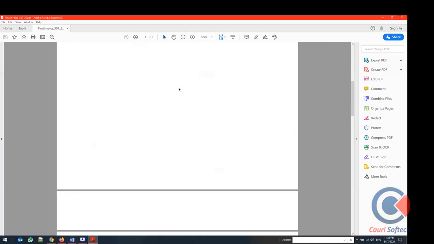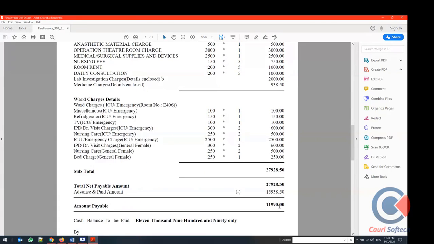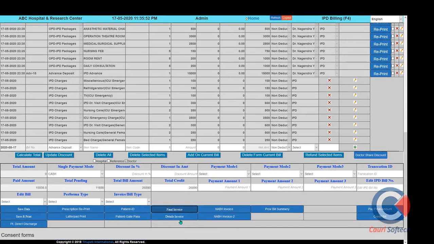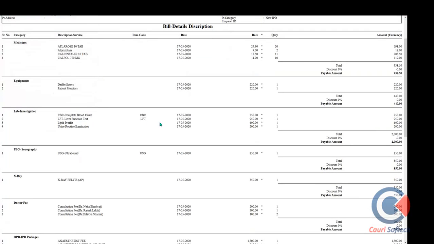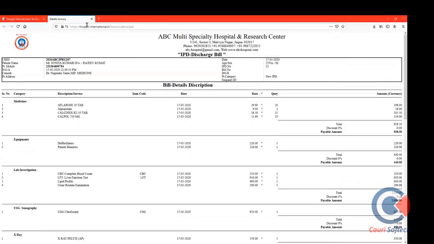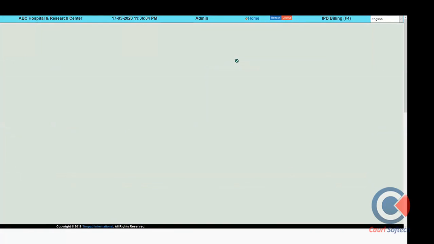You can see here all the details of the patient services, particular itemized code detail and total bill amount, and all the details of the previous paid amount are coming here. If the patient requests a detailed bill for all services, we can click on the detail services. So all detail services category wise, date wise, services wise, you can get the same detail information and previous paid amount information. All the detail can be accessed. This is the type of different billing format. So this is the IPD billing system of a patient.